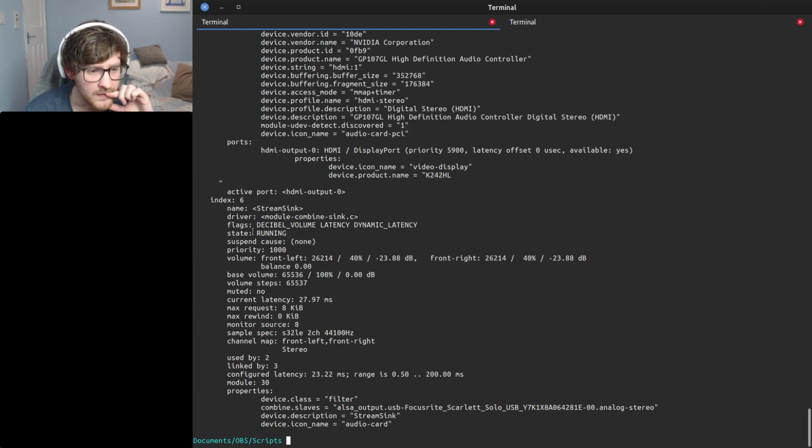And then if we find this one, oh here. So the base volume is 100. Oh, here we go. So front left, front right. So they're the same, so we could just grep for this. That's the number we want, right? So let's grep for, we're going to go after, how many lines is that? 1, 2, 3, 4, 5, 6, I guess. Is there anywhere else that it's more simply shown? No, fine. So after 6, and we want to look for